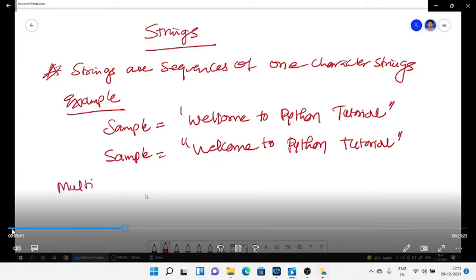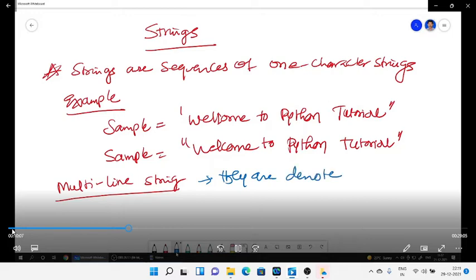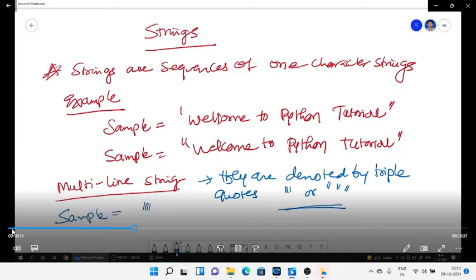Here we can even give multi-line strings, which can be denoted by triple quotes, either triple single quotes or triple double quotes. Sample equal to triple quotes, this is